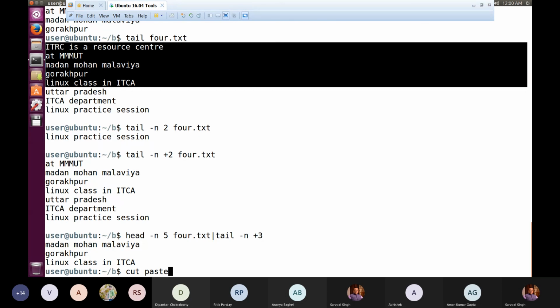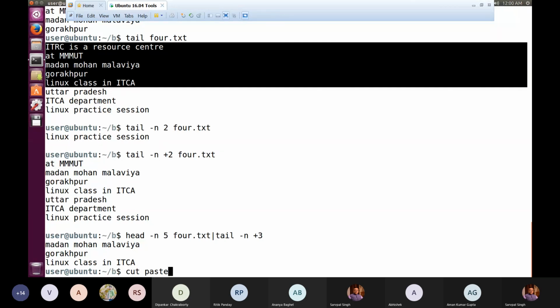cutting. But it may be possible that you have a relational database type of file where you have 3 or 4 fields, and the multiple fields are vertically arranged. The first field is say roll number, the second is name, the third is age, and say somebody asks you to display only age, so you have to cut only that field vertically from the entire file. That kind of operation we can perform with the help of cut.